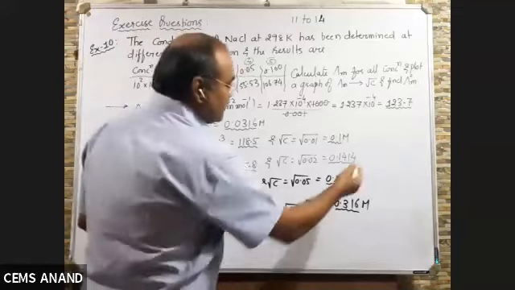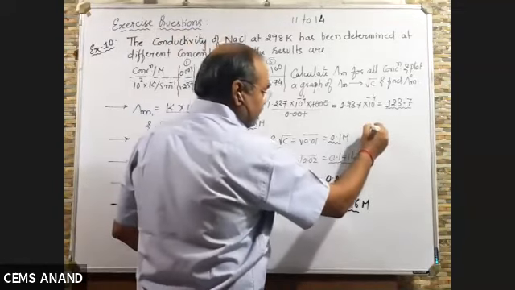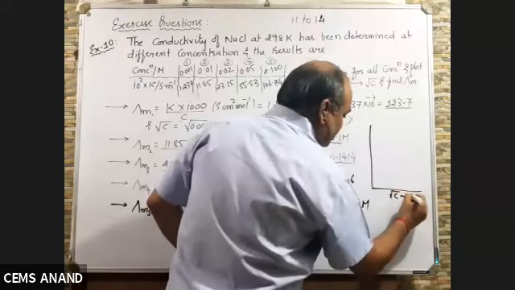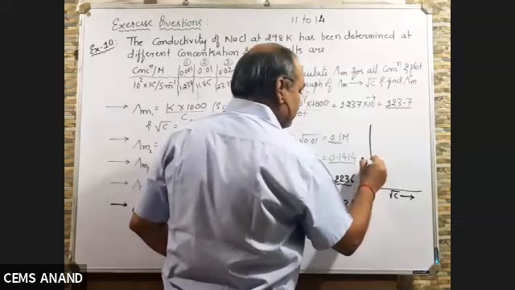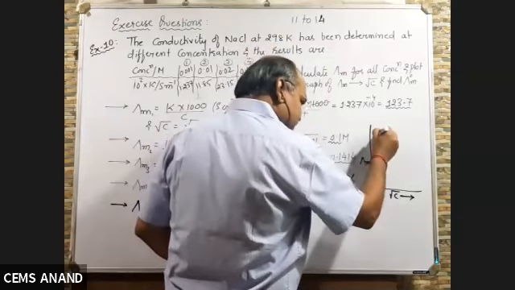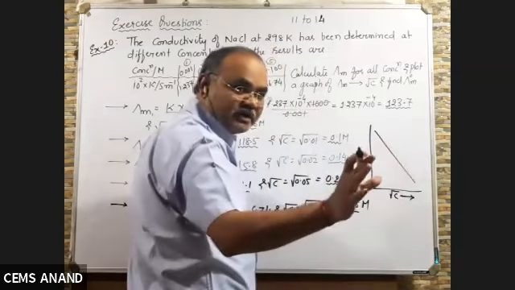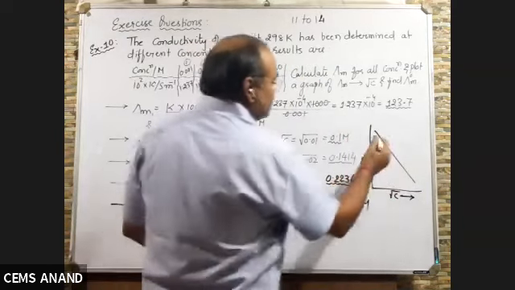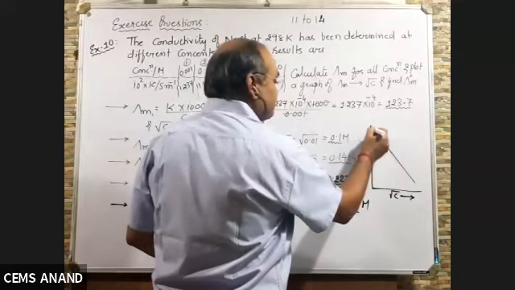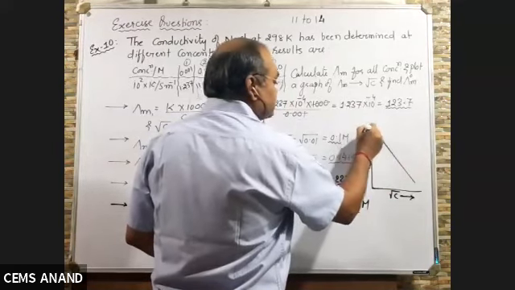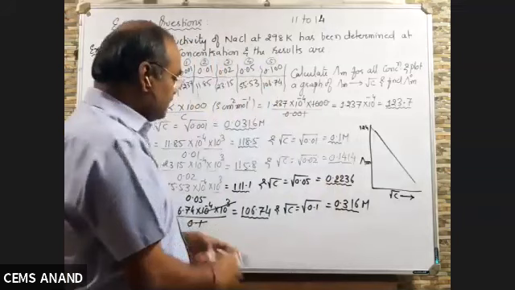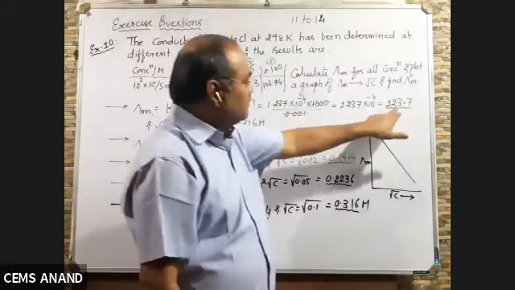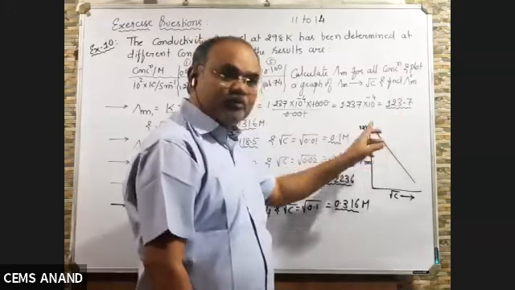I will draw here. If I plot a graph of square root of C versus lambda m, then you will get a straight line graph. You can plot it by taking a graph paper, taking all these exact values. Finally, when you extrapolate this graph, here you will get the answer at 124, right? Up to 123.7 you are going to plot a graph like this.